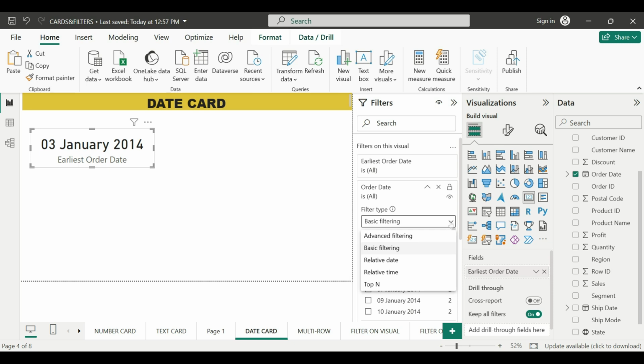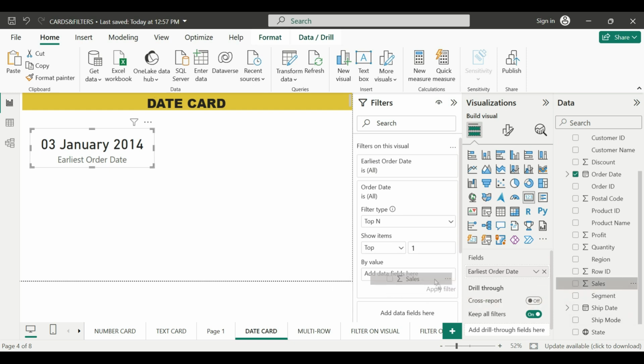First is advanced filtering, basic filtering, relative date, relative time, and top N. I will show you the same thing. If I click on top N and type top 1, and drag sales into the values field, and click on apply filter, you can see 18 March 2014 was the highest selling day.